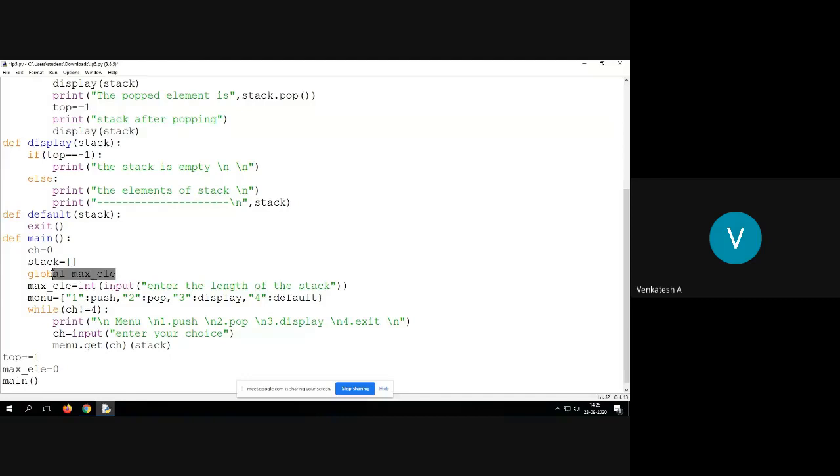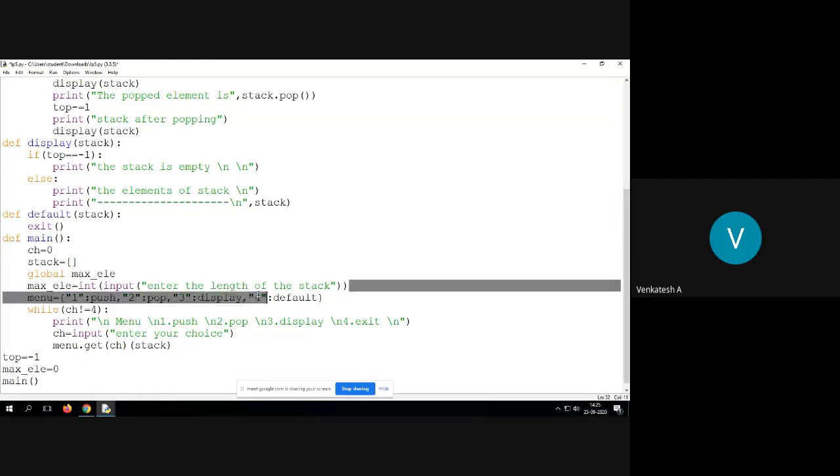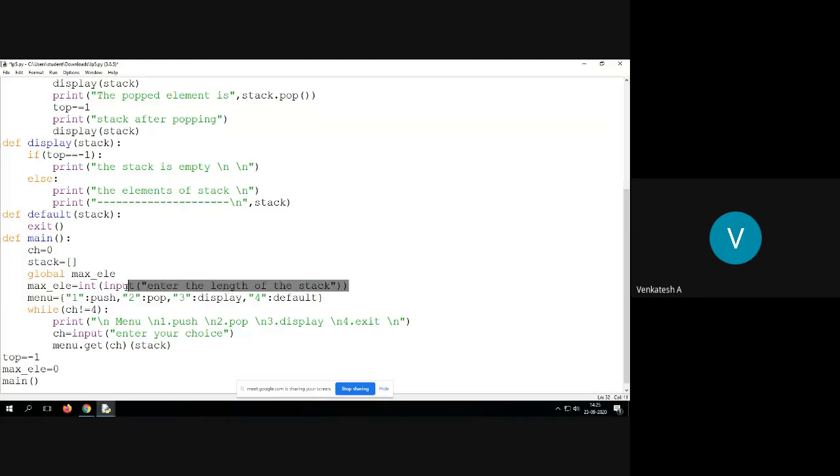The max underscore element indicates the size of the stack. Then, enter the length of the stack. So the user will enter the n value, and the size of the stack will be stored in max underscore element. Then I am creating one dictionary by name menu.